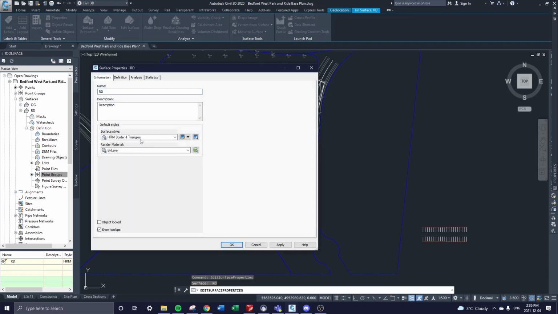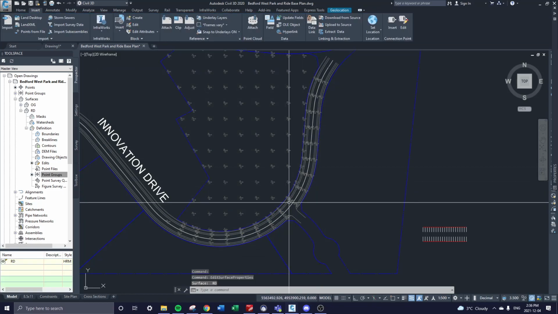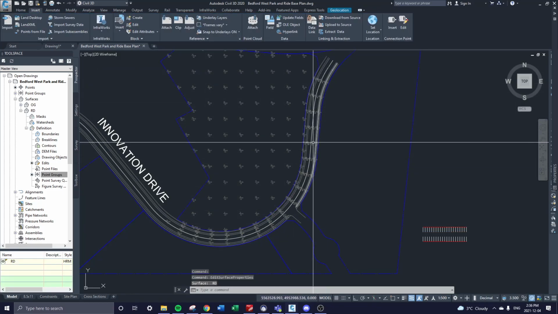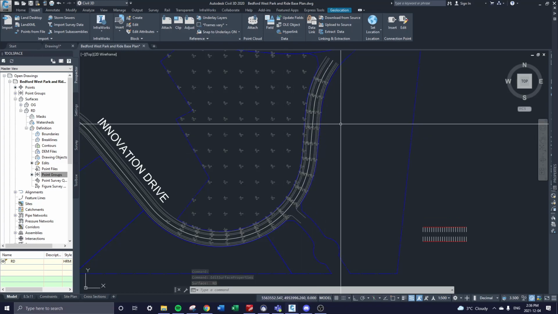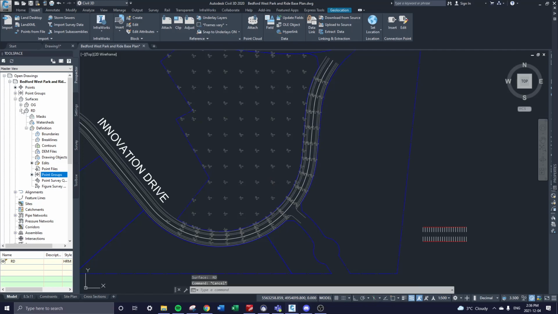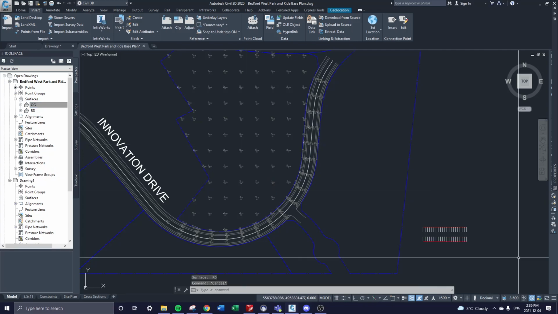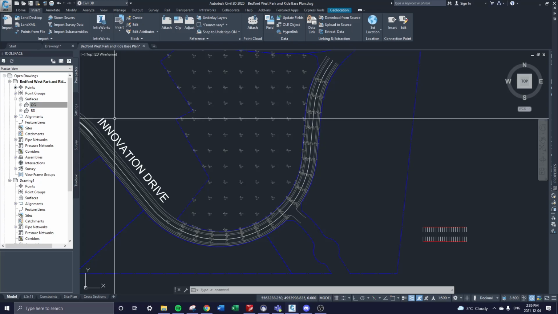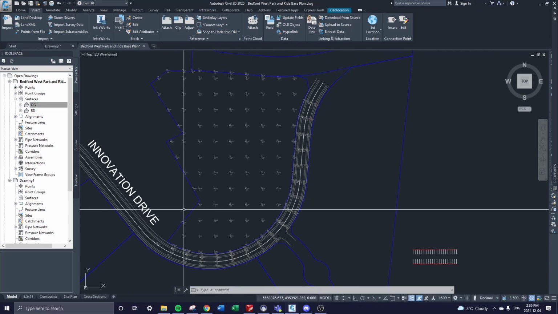Okay, so let's turn off the road surface. You'll probably need the road surface when you draw your road connecting to your parking lot. So we have our surfaces created. Good job, you've made it this far. Next, we are going to analyze the